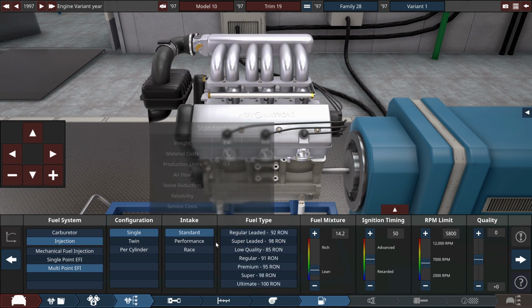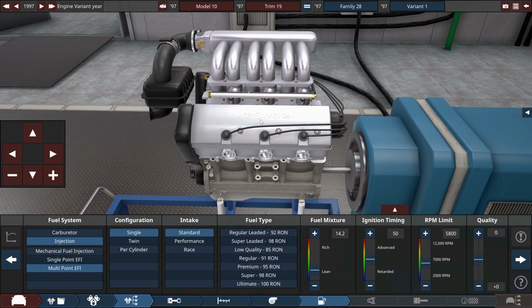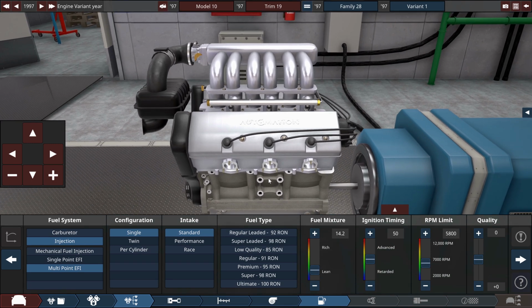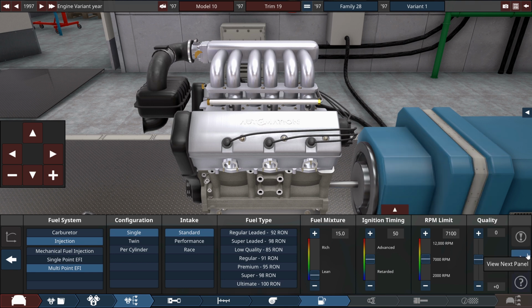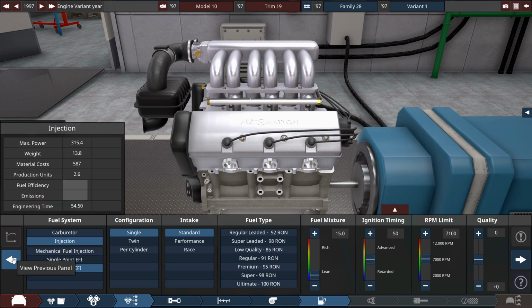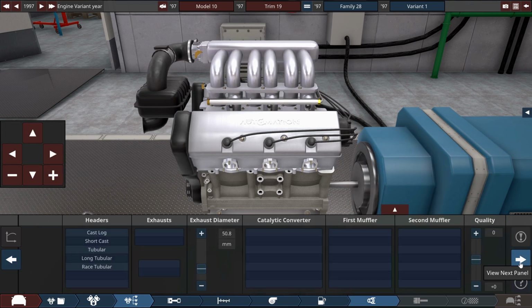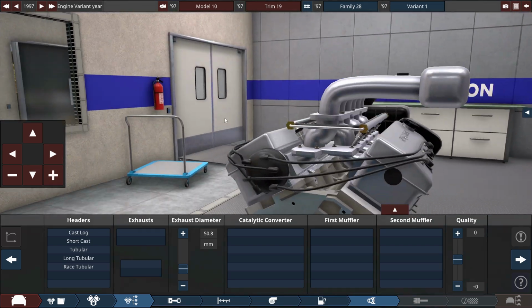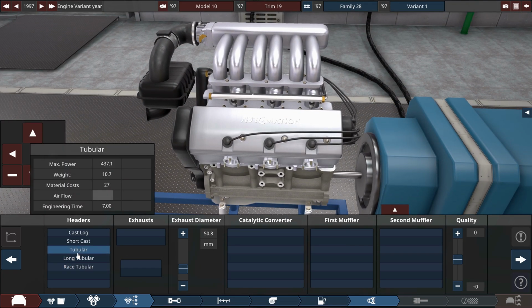We'll go with multi-point injection. There's not really an excuse in this time period. Multi-point injection is perfectly feasible on a new car. We'll go lower that. Let's see where we bring this to, if it lets me finish it off, though. We need regular fuel. I do like that intake. I think it looks quite good. It's nothing fancy, but